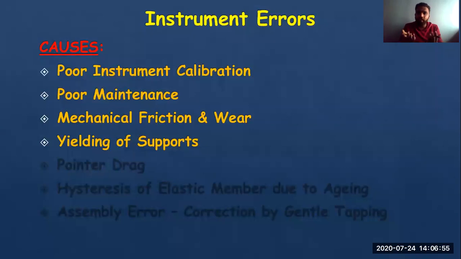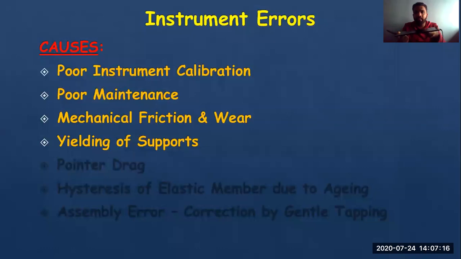Suppose it is going to be placed at some place and the support is not proper. Suppose I would like to tell you about the sine bar. How does a sine bar look? Sine bar is used to measure the angle. It is having a plate on which there are some bars kept. If the plate is not at an angle, it is parallel to the base surface.